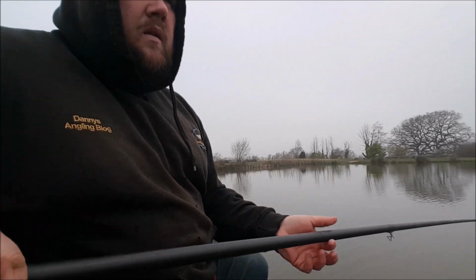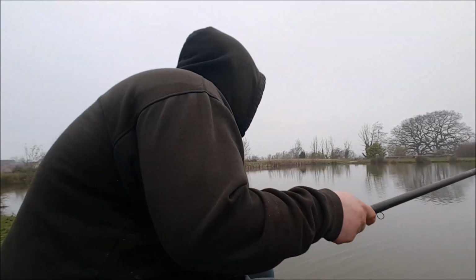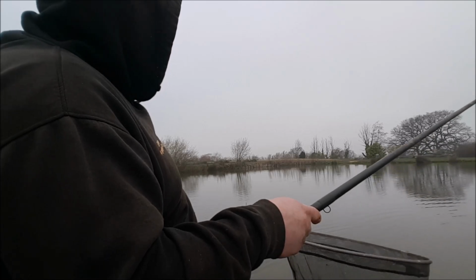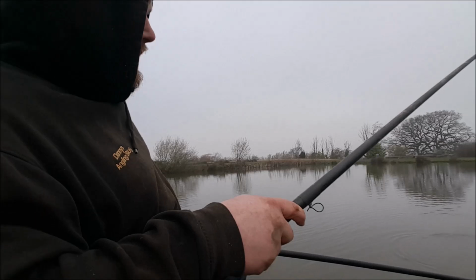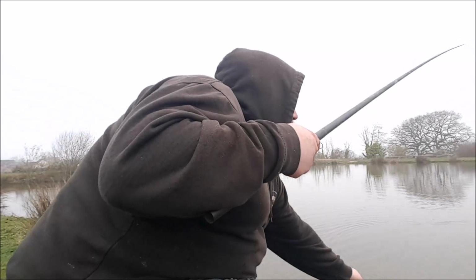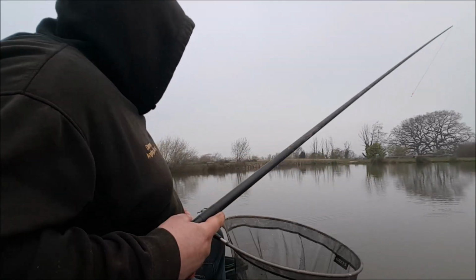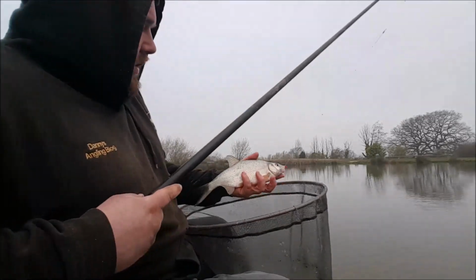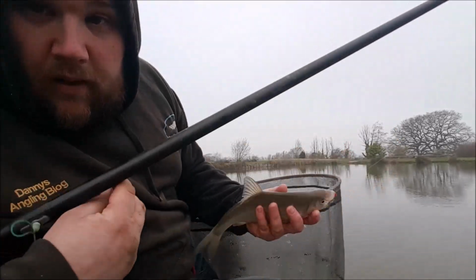There we go, got a bit of a better fish on. Looks like a bream. Like I said, that's the difference. Out there, you weren't hitting the bites. There's no point staying on it. As I say, when you can go, if they're coming closer in under your feet, it's not going to be long before